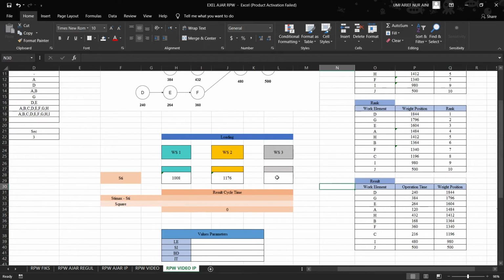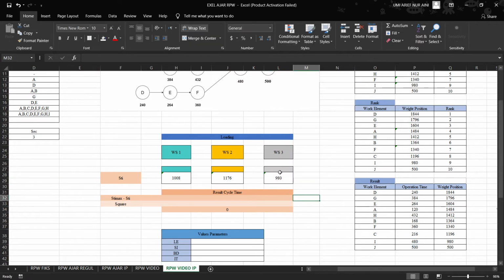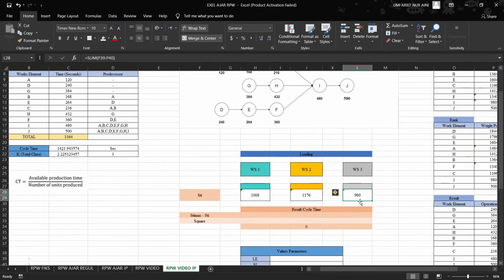And the last, workstation 3, is work element A till work element G, and you can see this time is not more than the cycle time.